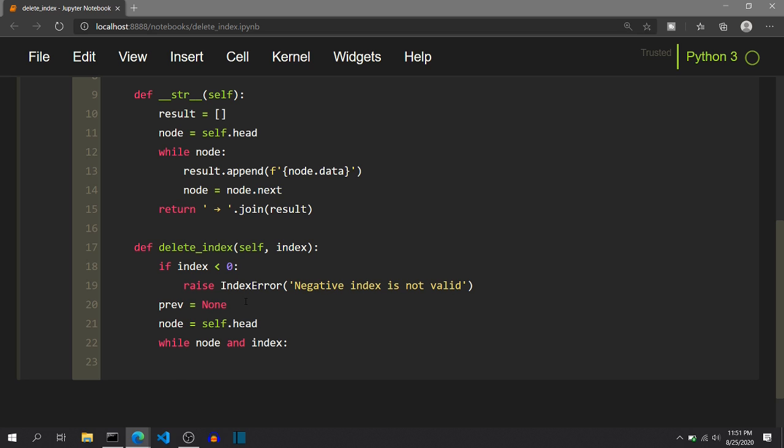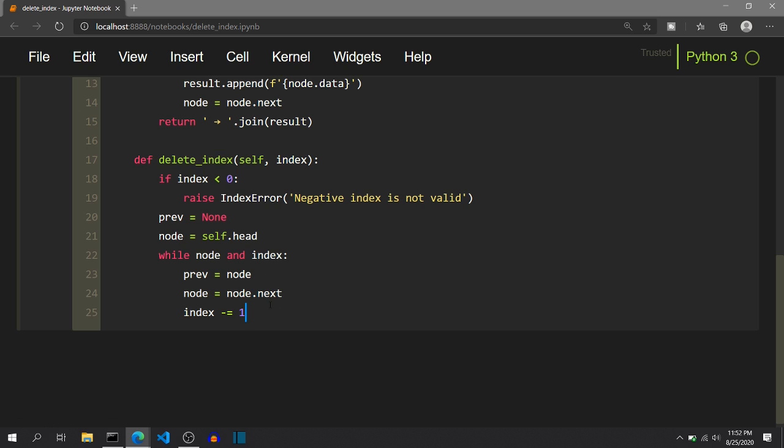And so we will come to know that we have reached the node to be deleted when the index becomes 0, and if the index is initially 0, we will not at all enter the while loop, and so we know that the node to be deleted is the self.head. So the basic logic will be like this, and if we have not reached the index, we need to proceed with the next node. So after the iteration, the previous will become the current node and node will become the node.next, like this. And to exhaust the index, we need to decrement the index variable.